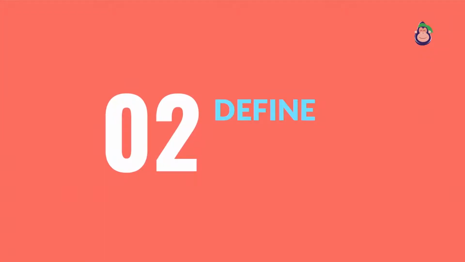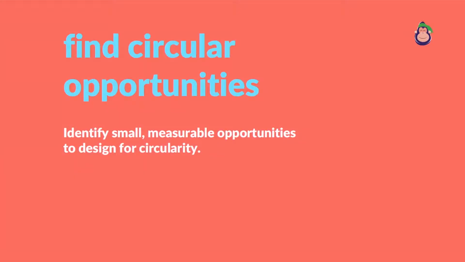Number 2 is define. So defining the circular part or the opportunity. Let me tell you that in each of these steps there are several sub steps which can be followed. I'm just talking about one single step in each and every category here. So in the define part, there are a couple of things, but the most important thing which I feel is